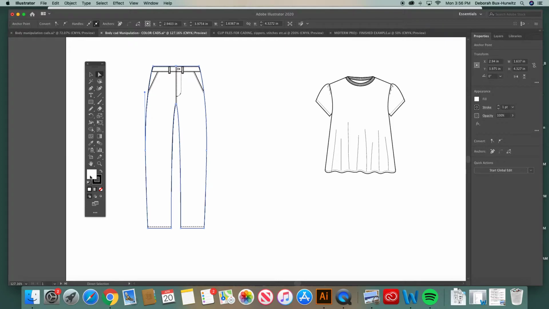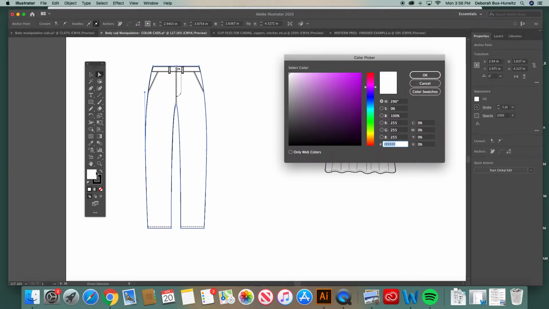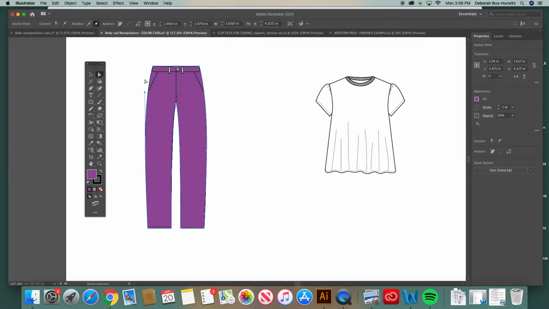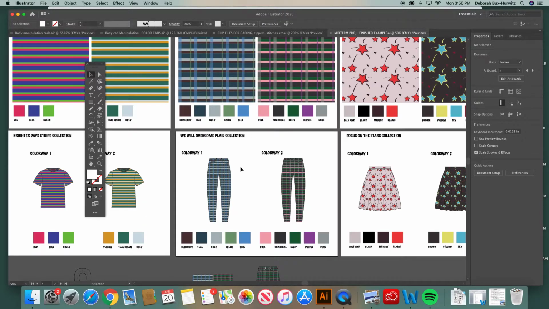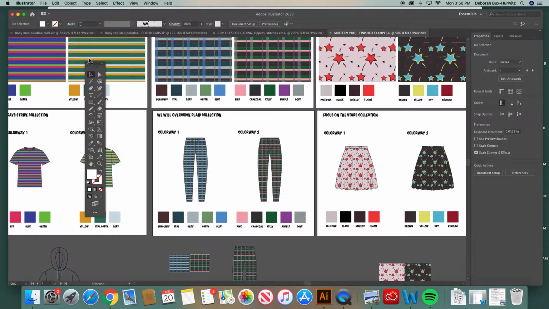And if you wanted to double click and pick a random color, make sure your fill box is on top, pick a random color out of the color picker window, and you can hit OK. It'll color your body CAD. If you wanted to tie it back into something that you did in the midterm, you can pull a color